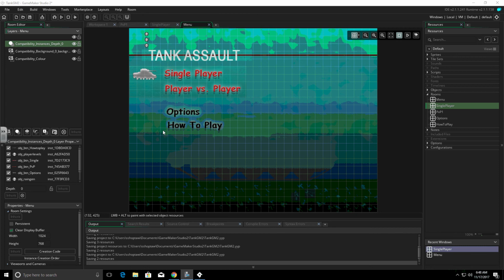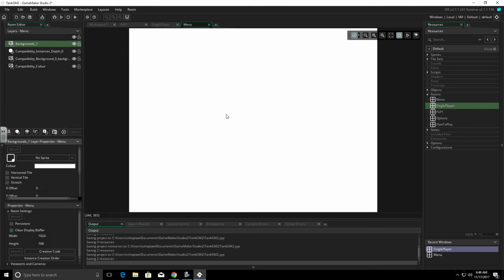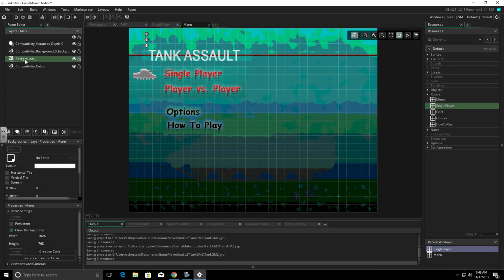Now, just to demonstrate what I'm talking about here, this button here will create a new background layer. So I'm going to click on this, and it's going to create the background layer on the top of this list. You can see there's our background layer. It's created it, and now everything is gone. It's not really gone. It's underneath the background. So we can take this background, we can drop this background down here, and now we can see everything again. The background layer is still there, but everything else that you see here is on top of that background layer.